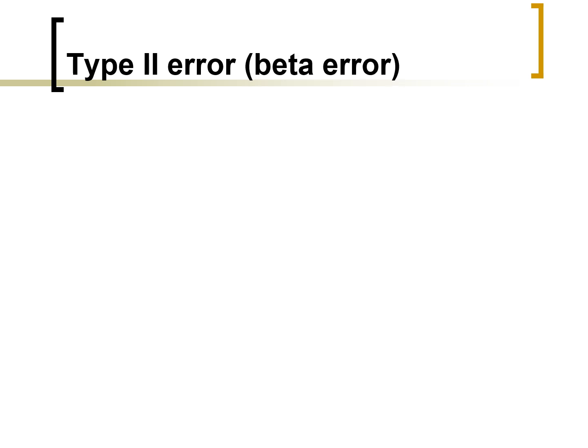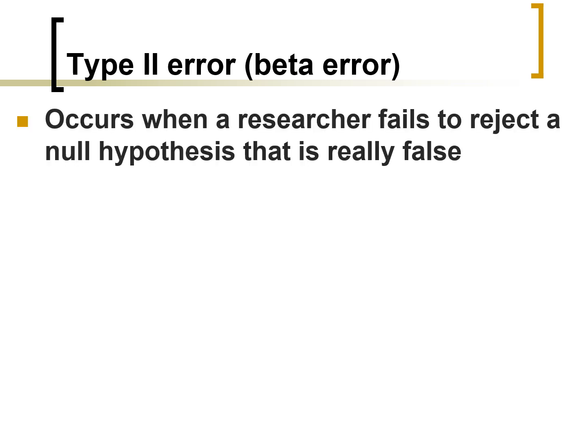Same thing for the courtroom. You say guilty, and type 1 error means that the person was not actually guilty. Think about the other error that you can make. You say not guilty, but it turns out the person was guilty. So this is what we call a type 2 error. This is when you do the hypothesis test, your z-score or other value doesn't fall in the critical region, you fail to reject the null, but it turns out it was really true.